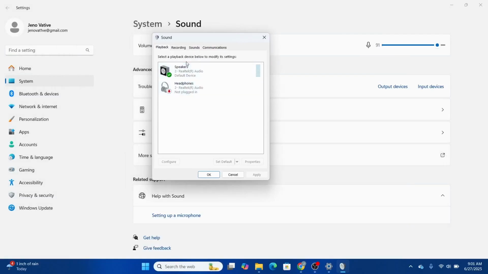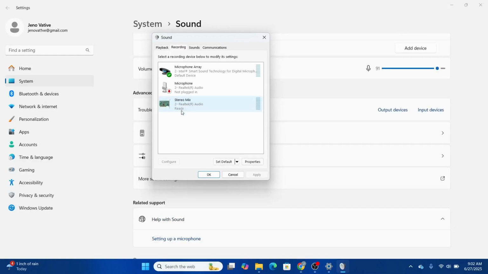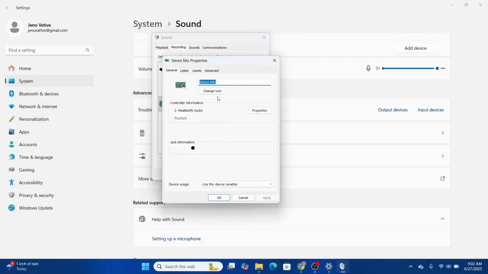So what you can do is head over to the recording section and look out for your stereo mix that will help you play two devices at the same time. So all you gotta do is, this right here is disabled. If this is not available, right click on it and look out for show disabled devices, and it will show you this disabled device. Now you can right click on it, look out for the enable option, and once it is enabled, right click on it again, go over to properties this time,